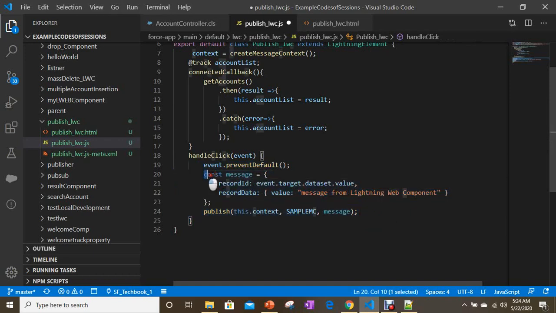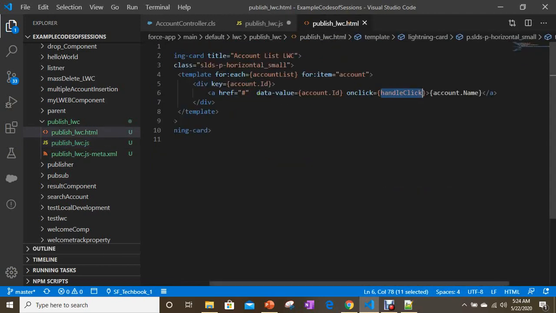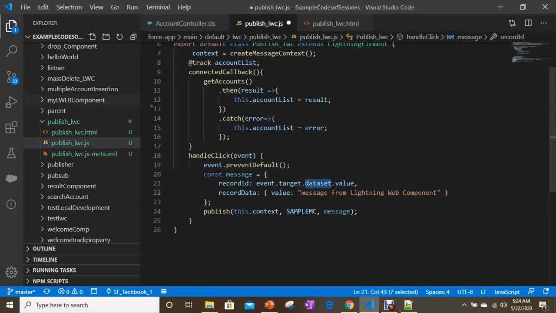And here what I am doing, I'm just preparing a message, and I'm getting the record ID through the value attribute. So this is the data attribute which I defined in the anchor tag. It will get the account ID by using the dataset property.